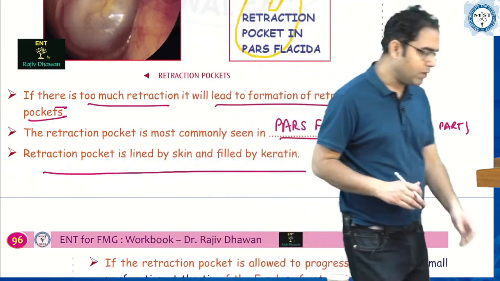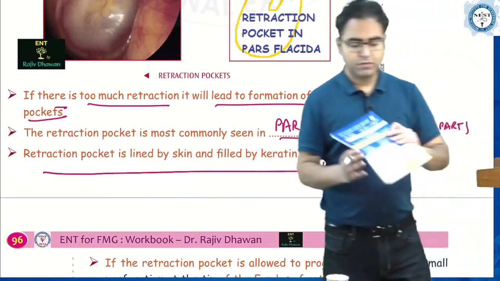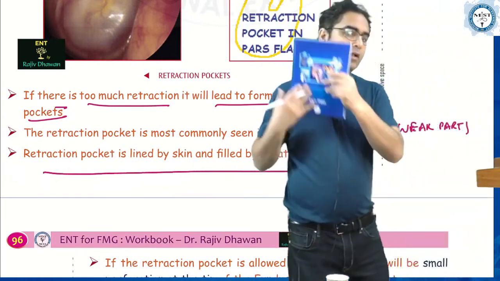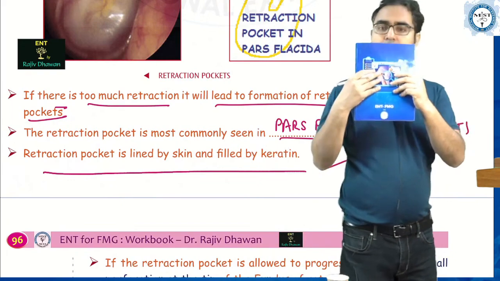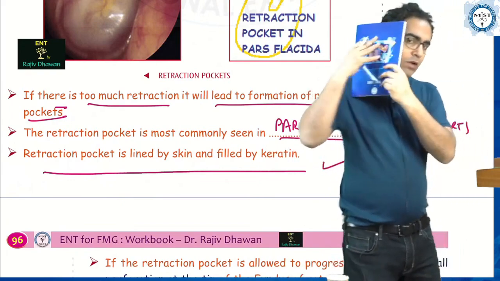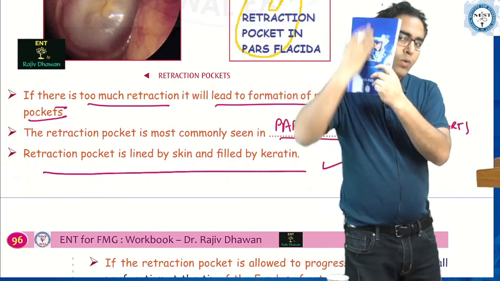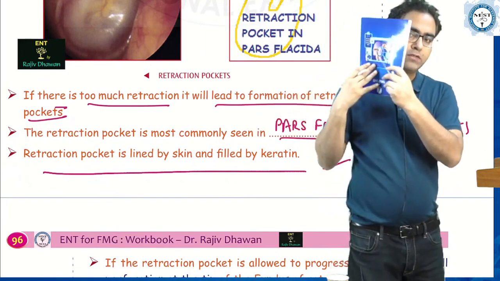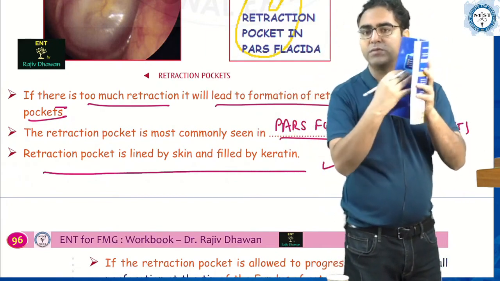Look at my hand. This is the outer cover of the tympanic membrane. What is it? Skin. I'm the middle ear, and on the outer side is the external canal. What is the outer cover of the tympanic membrane? Skin. Now, if a pocket forms out of this,